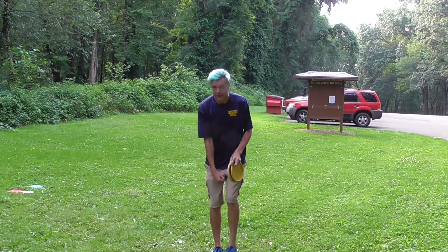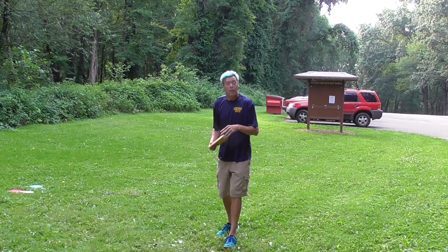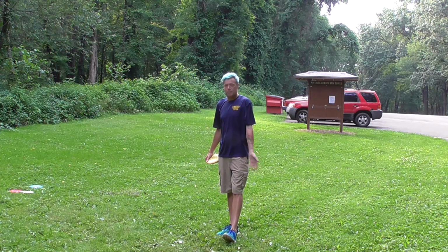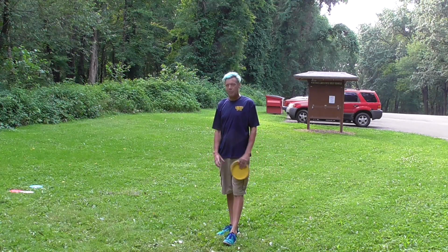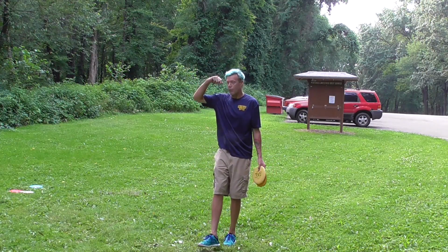Any distance where you can reach the basket with a push putt, you want to push putt. If you can't, you can spin it. I probably spin putted about 50 or 60 feet, but at that point I don't expect to ever make a putt. So by the time I'm doing this, even though they go in once in a while,